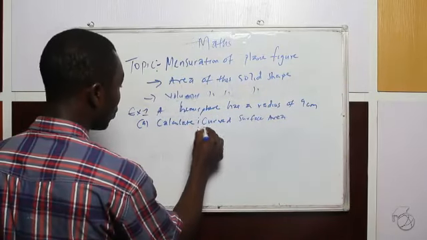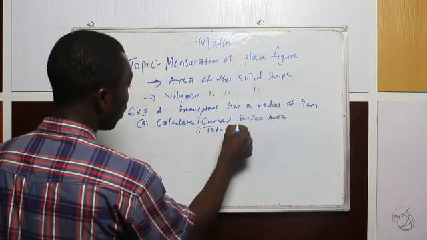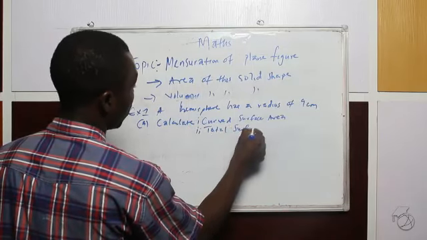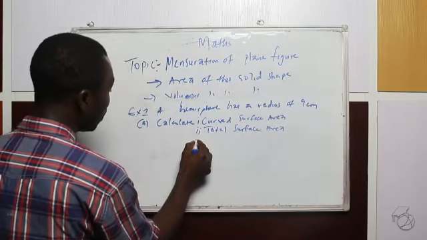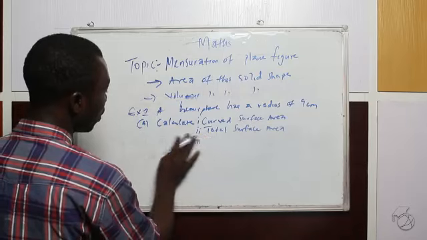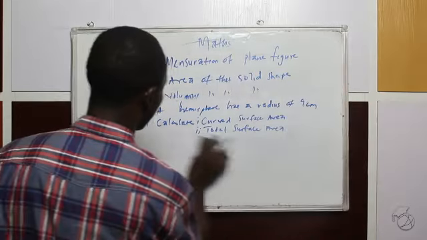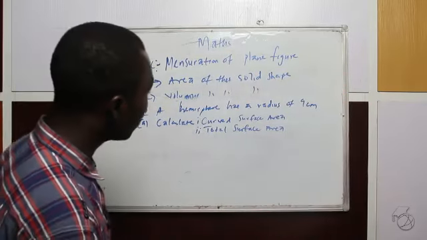That's 1. 2, total surface area. Then 3. Okay, before then, I would like us to just stop at this place to calculate the curved surface